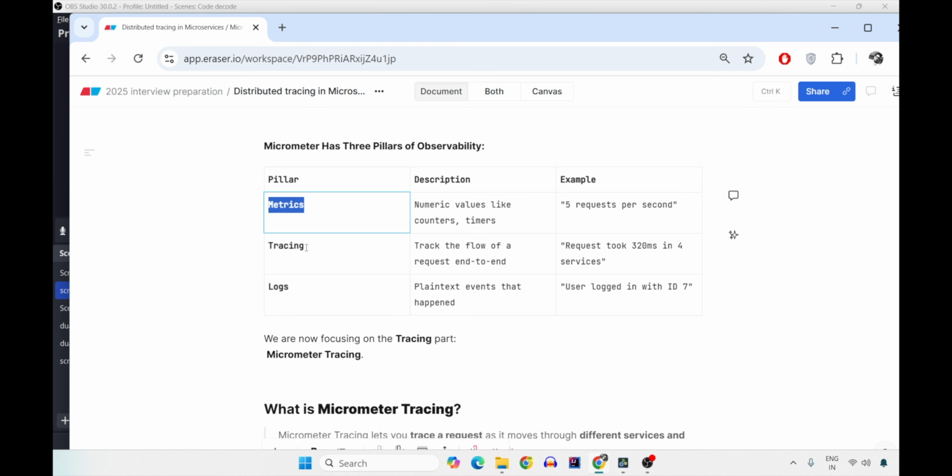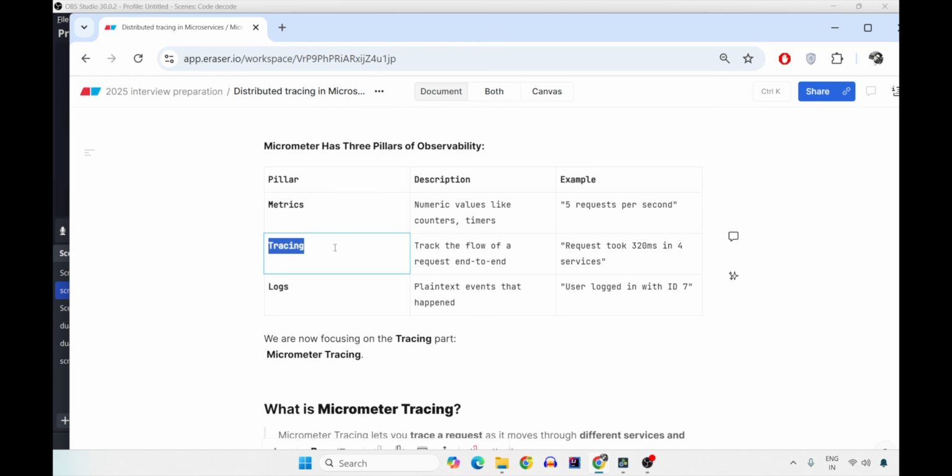The tracing is the way your request flows end to end from order service to payment service to delivery service to inventory service. So, for example, the request took 320 milliseconds across 4 microservices. That is the tracing part. The tracing is divided into trace ID, which is unique across all the microservices, and the span ID, which is unique in one microservice only.